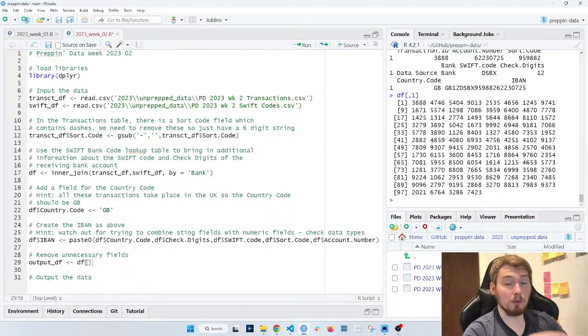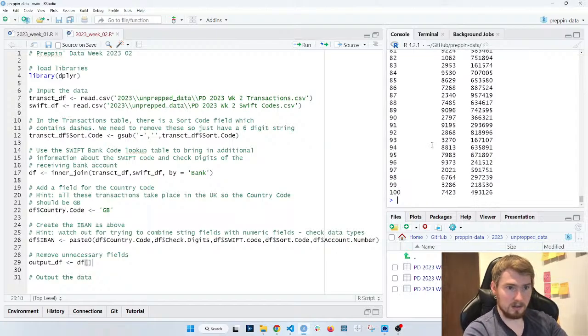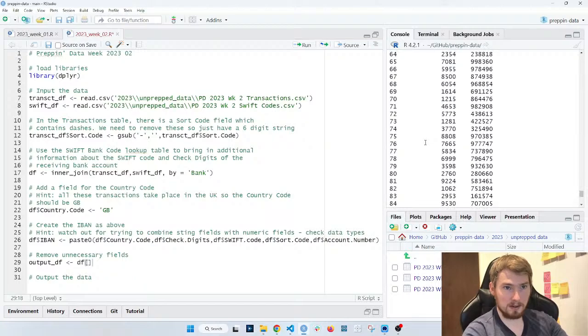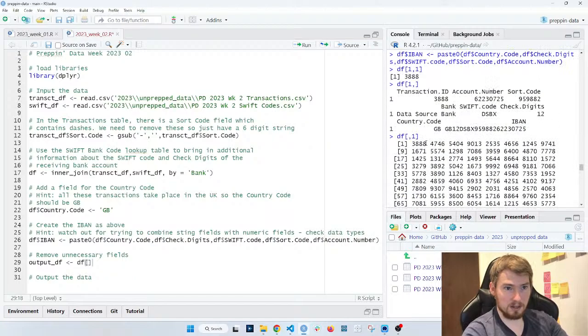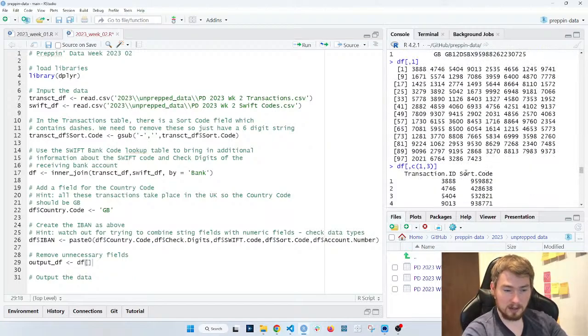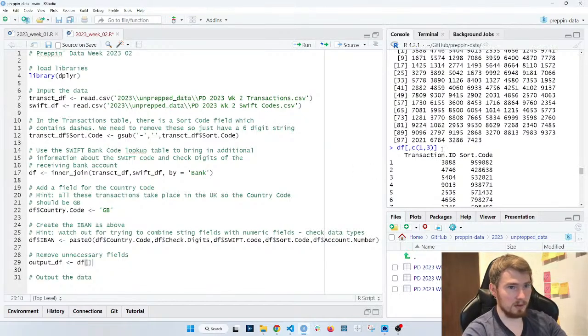In this case, I need to return multiple columns. So if I make a list in R, which is C and then brackets, say I want column 1 and column 3, that will come back as a data frame, and it will give you the column headings as well, which is helpful.